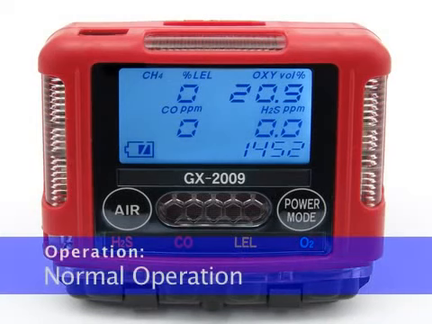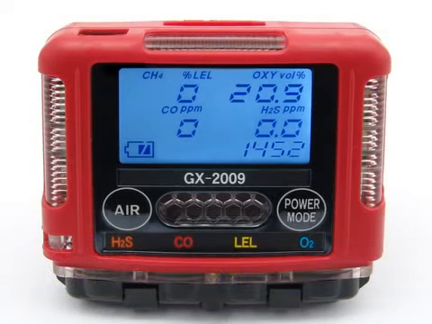When the GX2009 comes out of its startup sequence, it enters into measuring mode and is in normal operation if no alarm conditions are taking place. In the normal operation screen of measuring mode, the battery level, time, and gas concentrations for each channel are displayed on the LCD. The time is in the lower right corner and the battery level is in the lower left